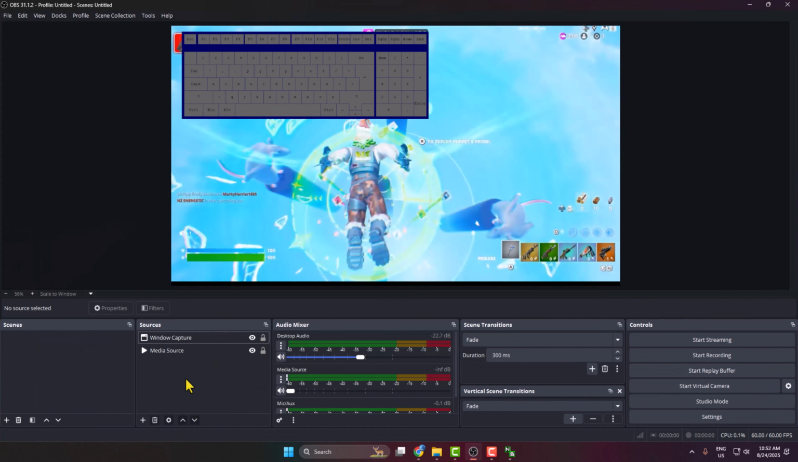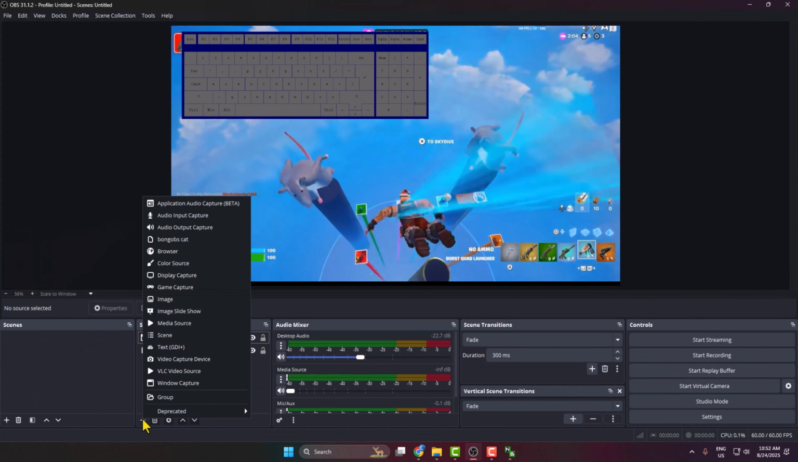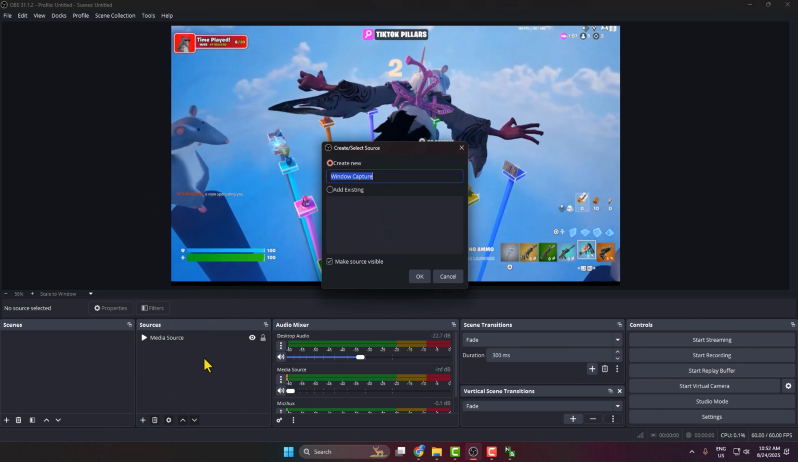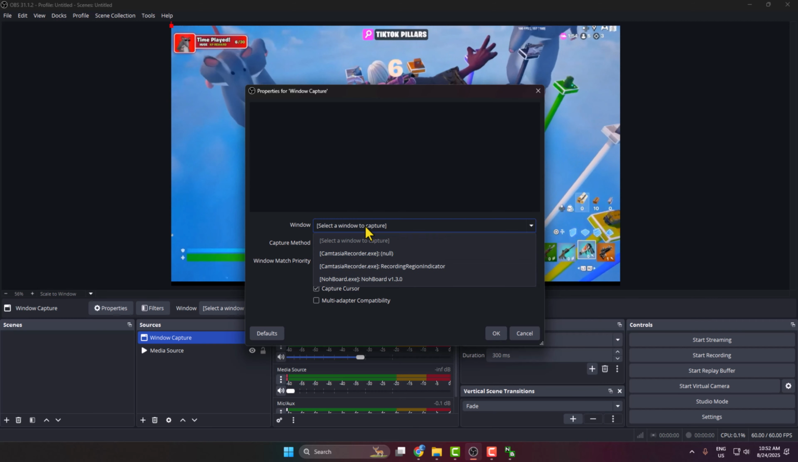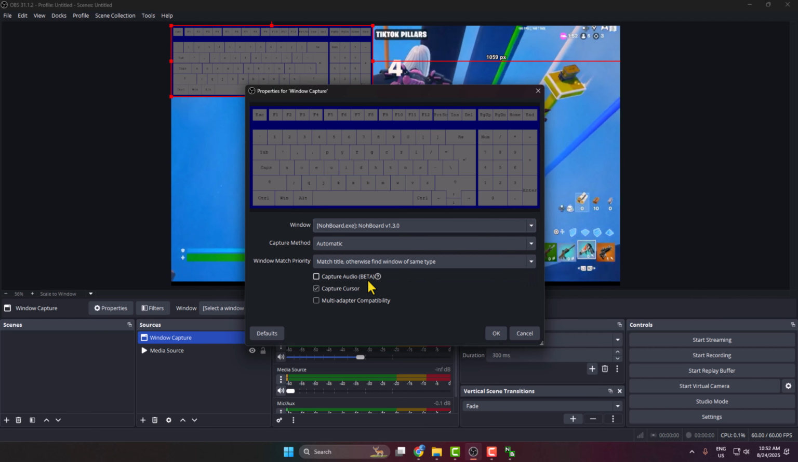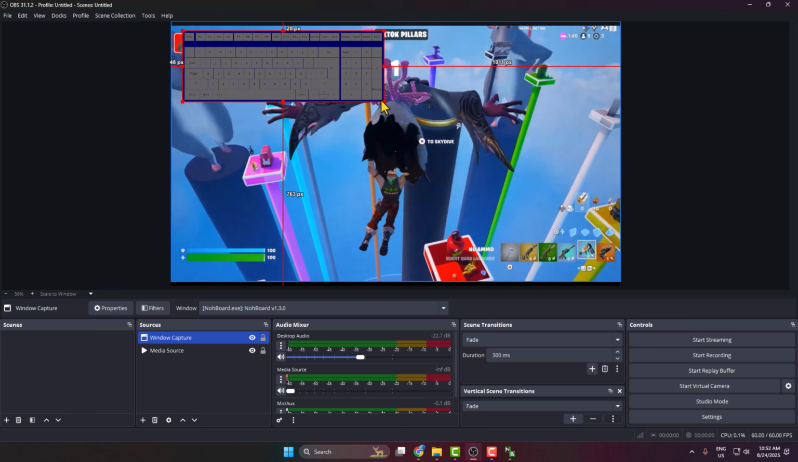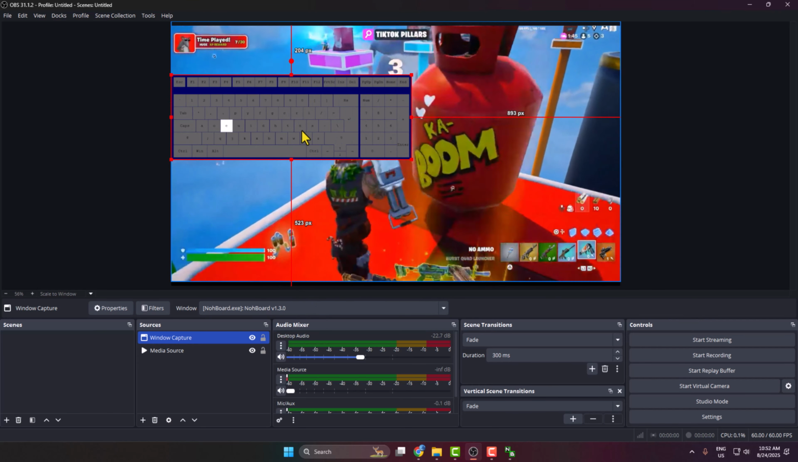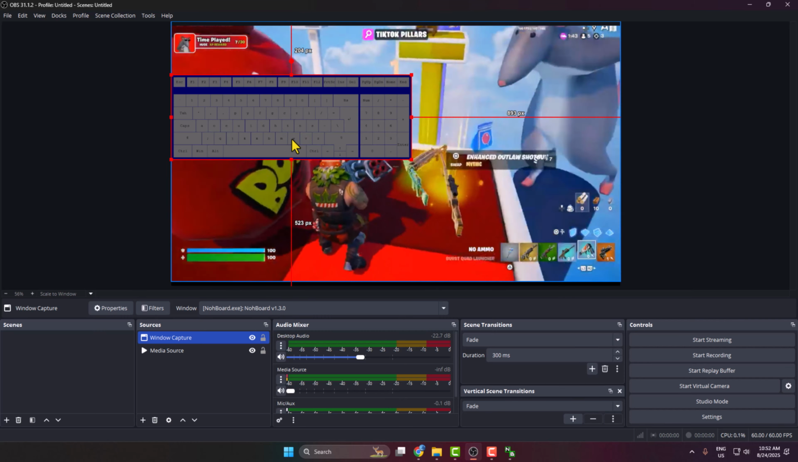So go to your OBS and under sources click on this plus icon, select window capture, and click on this window drop down, select the Snowboard, click on OK, and here we can see I've successfully added my keyboard screen. And here you can see all my keypresses are showing on my keyboard just like